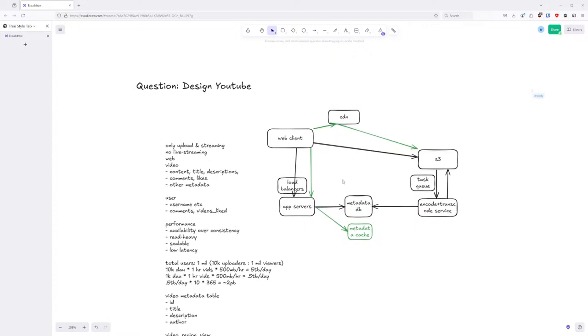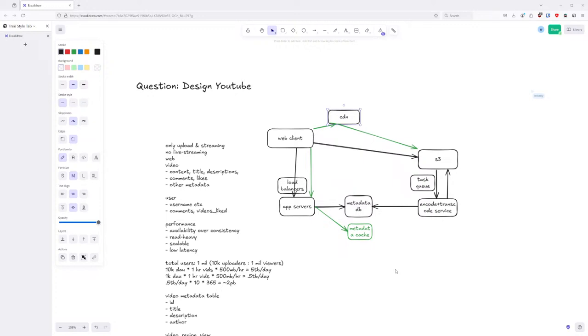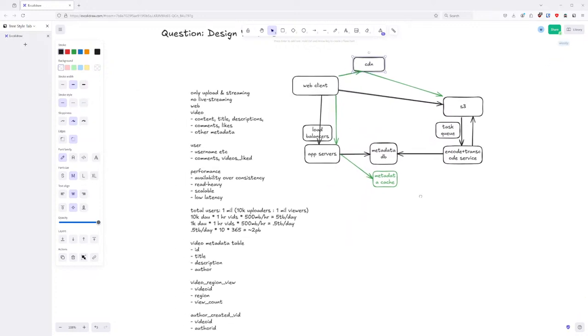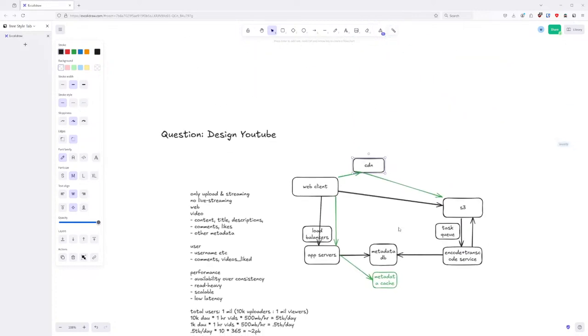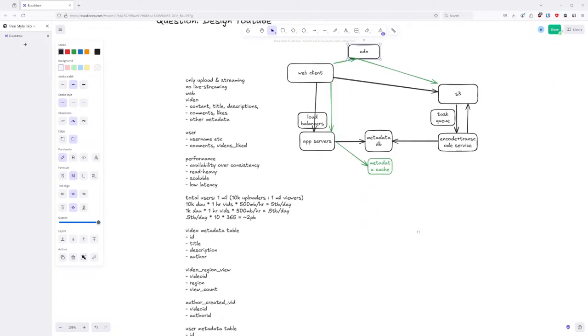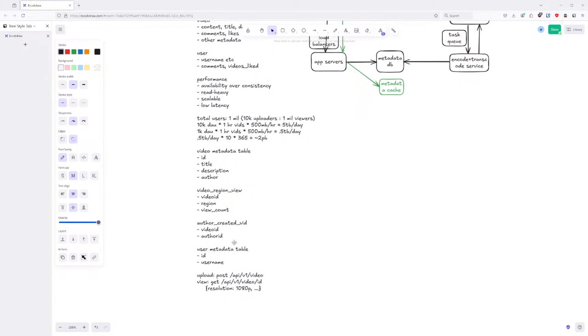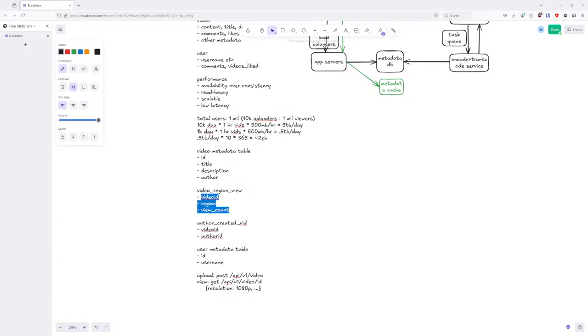The read path is very simple. The read path goes to the read API, gets the metadata, and the video sits in the CDN. So that's how the read happens. The follow-up question I gave this candidate was about the CDN: what videos do we put in the CDN? Not all videos can fit because it's a cache, and it's much smaller than S3. So what do we decide to put in here? What do we decide to evict? That's what we were talking about in terms of this new table that we designed.